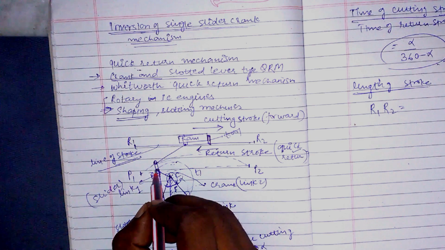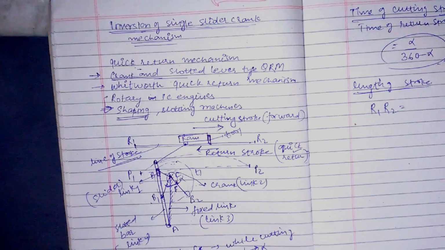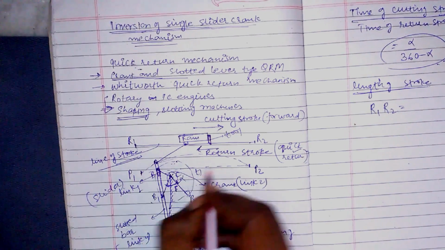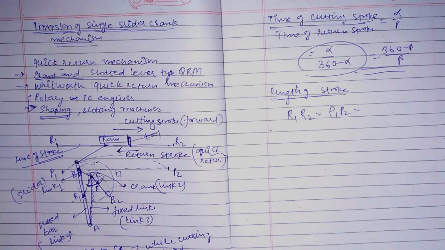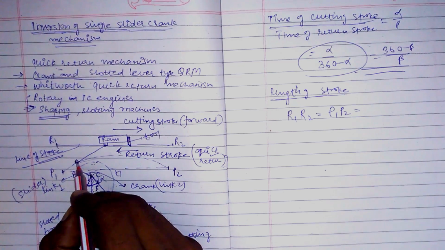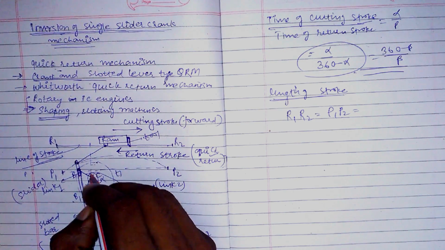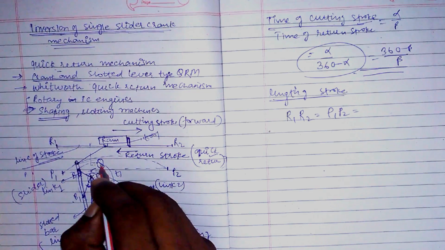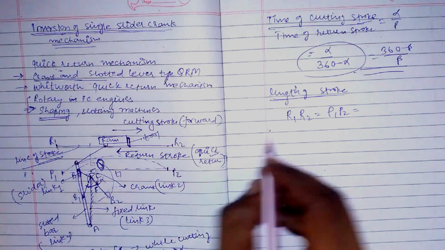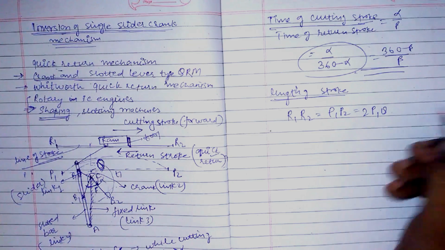If you recapitulate and think a little in your mind, P1P2 would be equal to R1R2. Although I have a poor drawing, it will be somewhere over here. P1 would be, dividing it into equal parts, say some point Q. So we could write it down as 2 times P1Q.